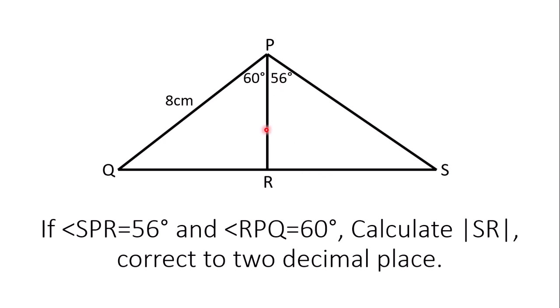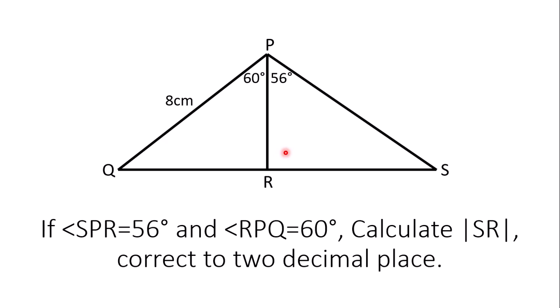And then the adjacent here is PR. But we already know the length of PR from the first step. So it's going to be tan 56 is equal to SR over PR. And PR is equal to 8 cos 60. So SR will be equal to